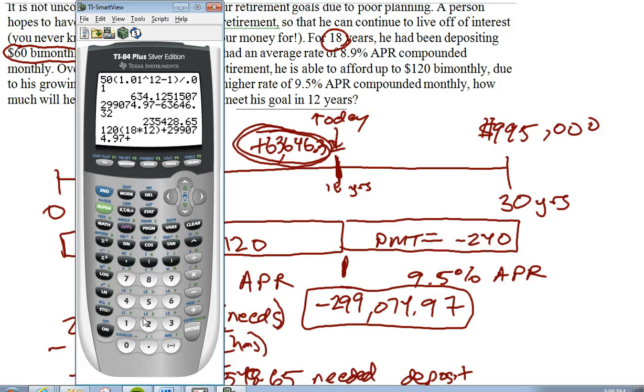Plus, he would have made $240 payments times 12 years times 12 months a year, for a total of $359,554.97. So out of pocket, relatively speaking, is still a small chunk of what he'll have based on all the accrued interest. But he's in a little bit of trouble based on his goal, so he better set some real